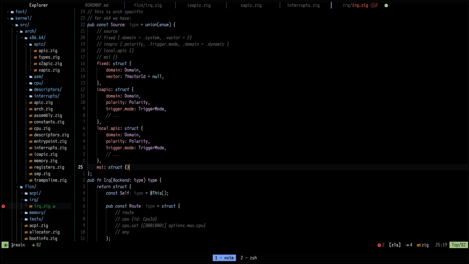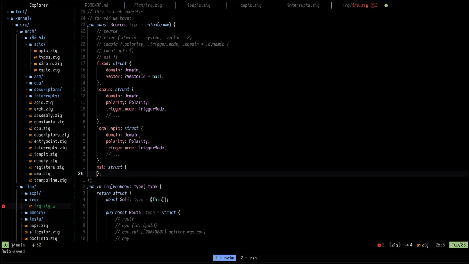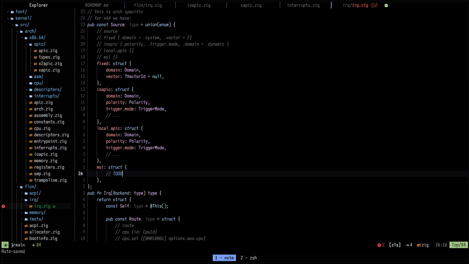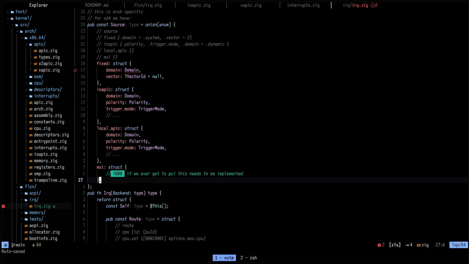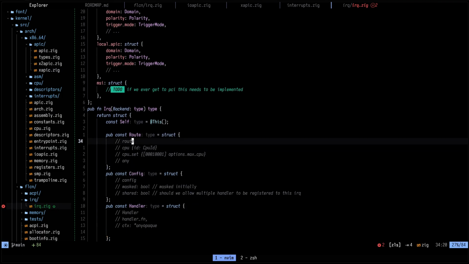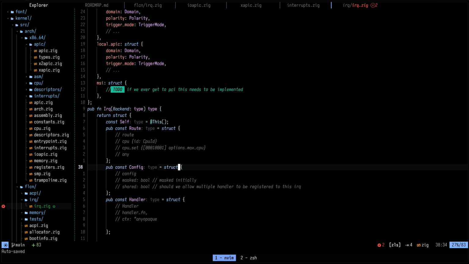So this one is just a struct that has nothing in there, to do, if we ever get to PCI, this needs to be implemented. Okay, right, so that's it for the